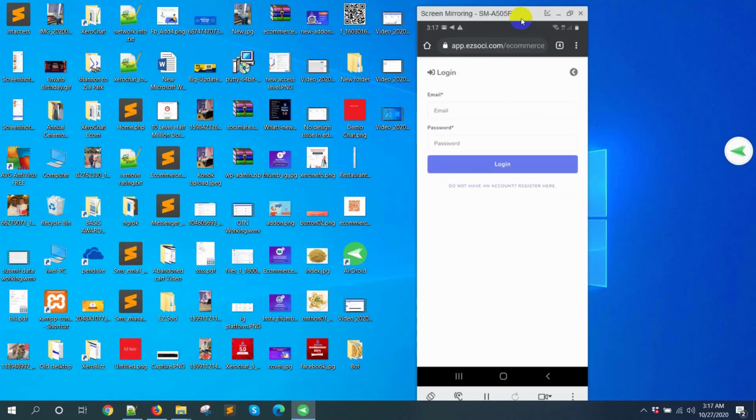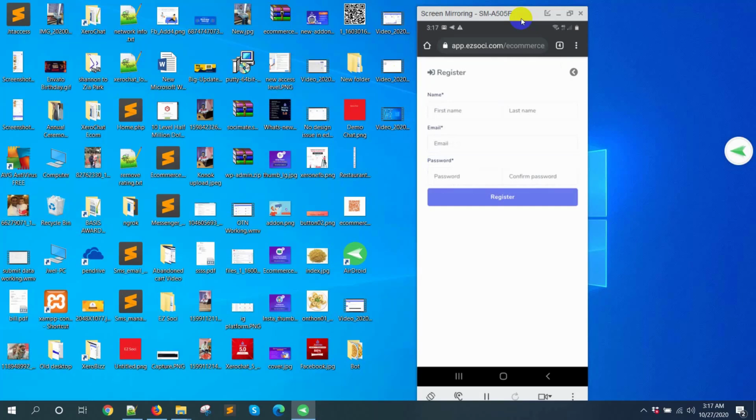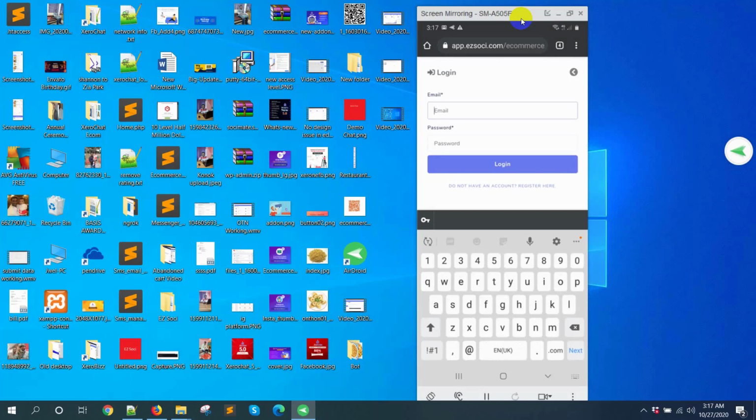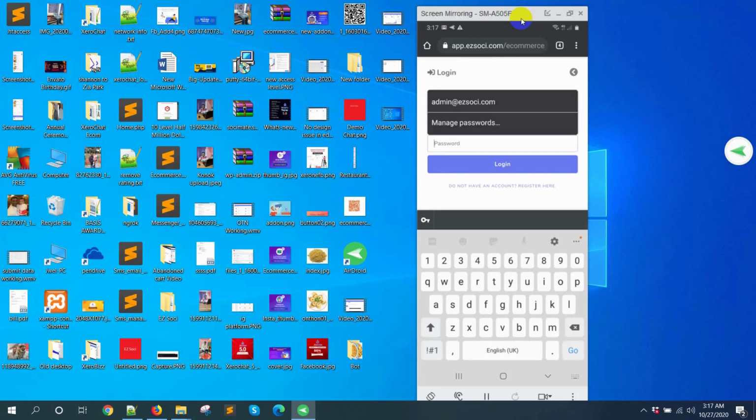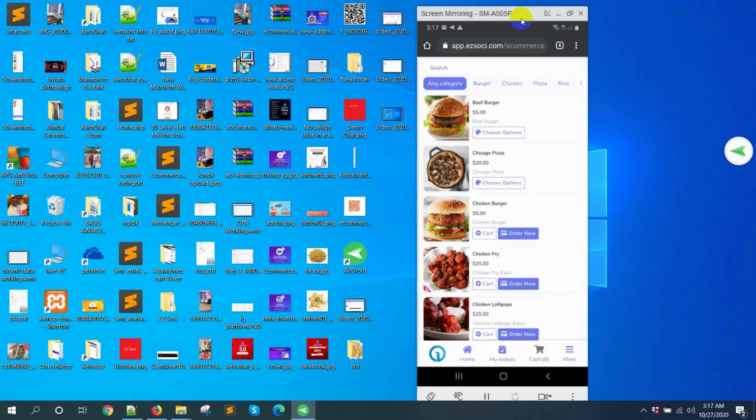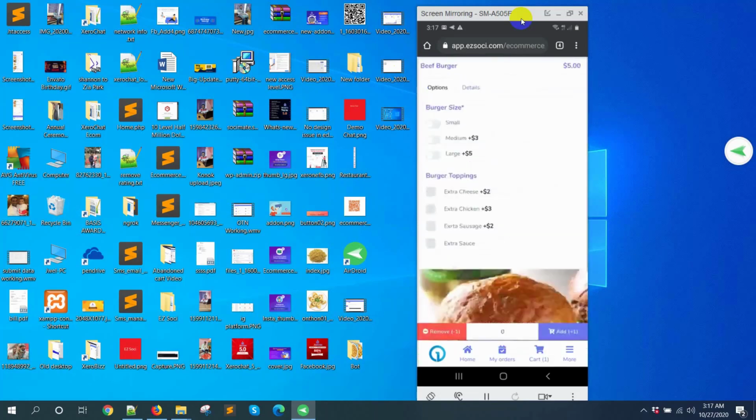If you don't have account, then you need to click on register. Now click on add button, then choose option.